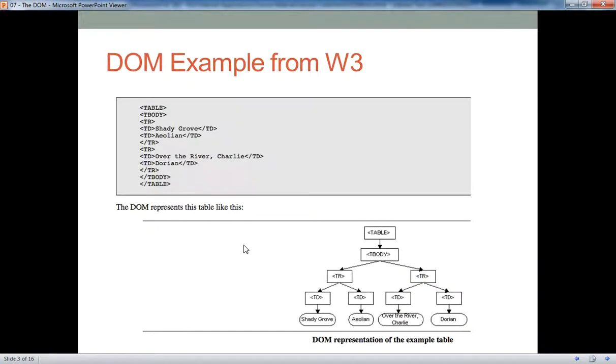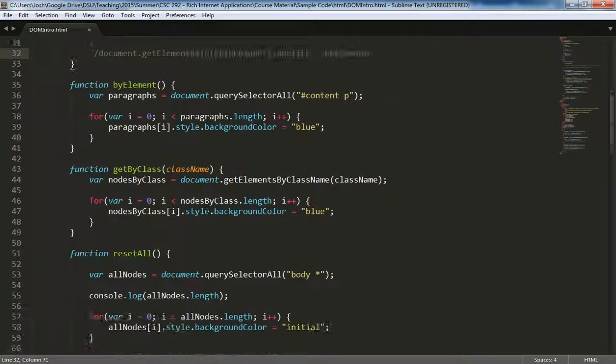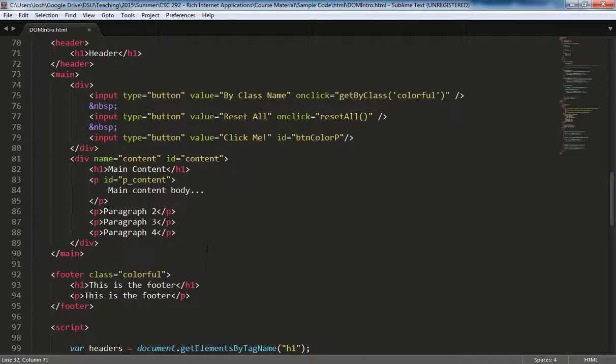Here's an example from the W3, and we looked at the DOM elements. I've been talking about how, when we structure this, and this is actually kind of a bad example of the structure, elements can be nested. We're going to look at the sample code in a little bit. As I nest those elements, I like to maintain that indentation so that it's very clear when I'm looking at this code as the developer. This is the only reason this matters: as the developer, I can look at this code